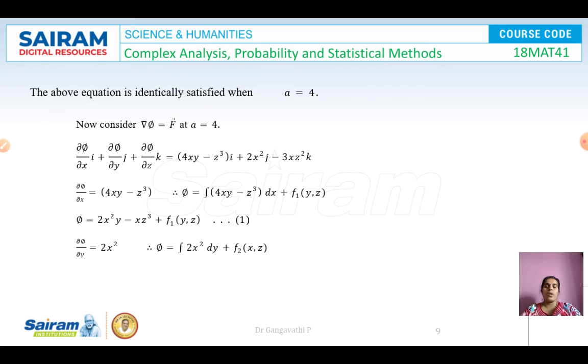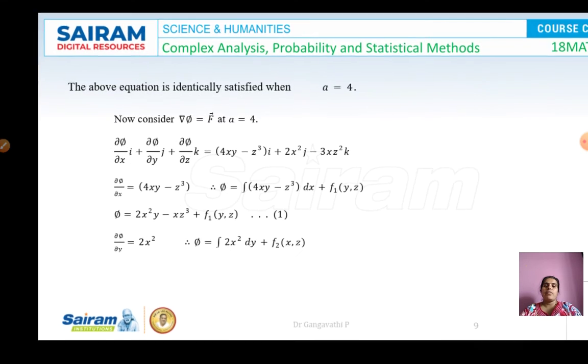So with the condition that vector f is an irrotational vector, considering that, we could find the constant a, which is equal to 4. The second part of the problem is, we have to find the scalar potential phi by using vector f, grad phi is equal to vector f. So consider your vector f. There was an a present in the first vector f which has been given, but now we have found a is equal to 4. Substitute a is equal to 4 in vector f and then consider it. So grad phi is nothing but dou phi by dou x i, dou phi by dou y j plus dou phi by dou z k cap. And vector f with a is equal to 4 is this.